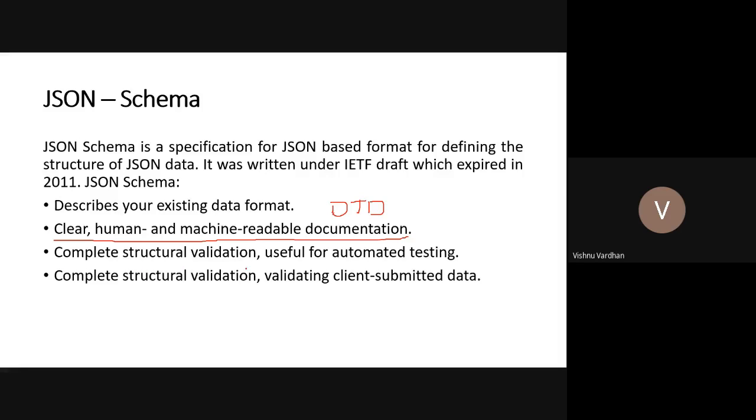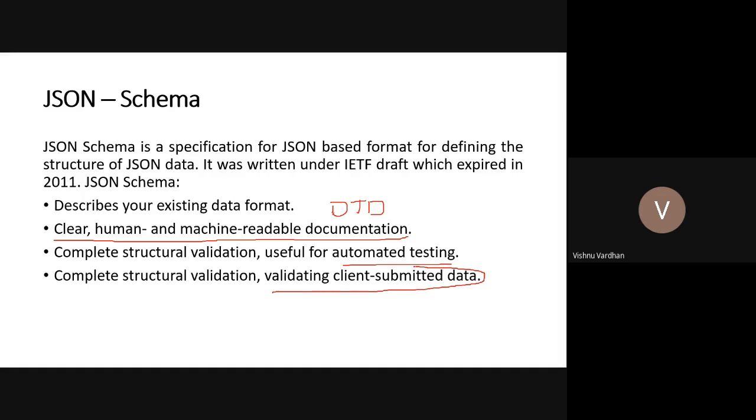The complete structural validation is useful for automated testing. It supports automated testing because you just put your schema ready for the JSON object and simply serve that to a computer. It can validate the JSON data which is coming from a network machine. So in that way, it can be automatically tested. Then complete structural validation, validating client submitted data.